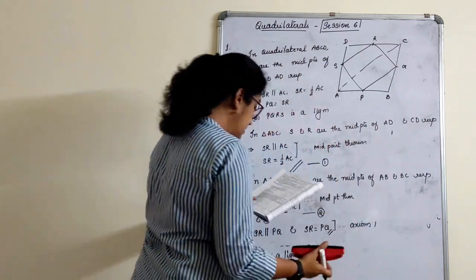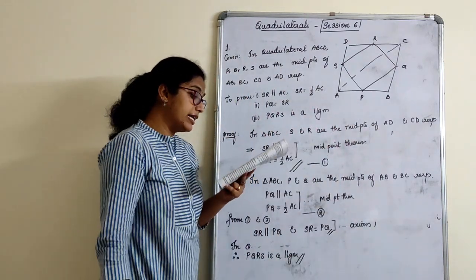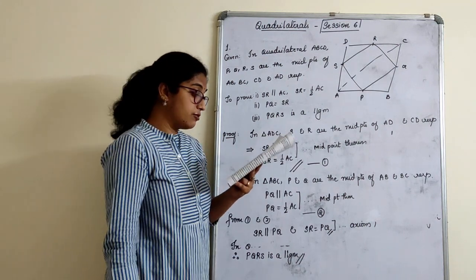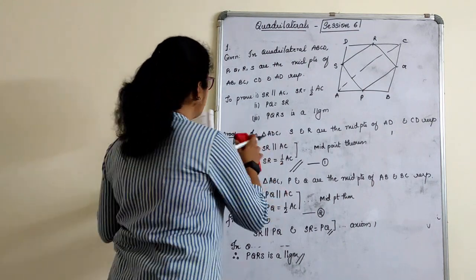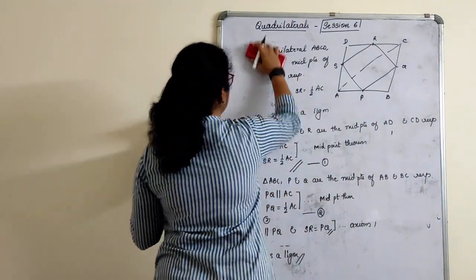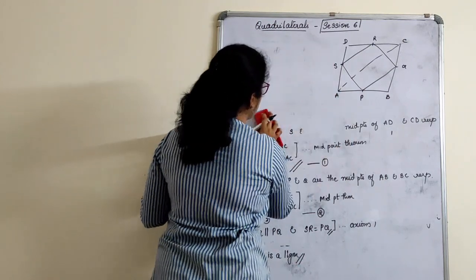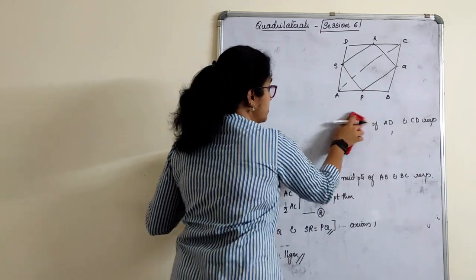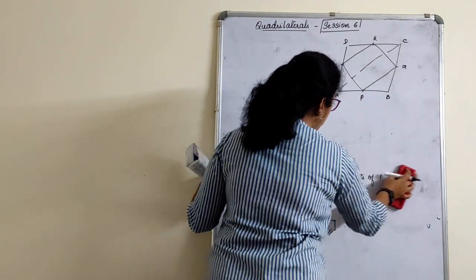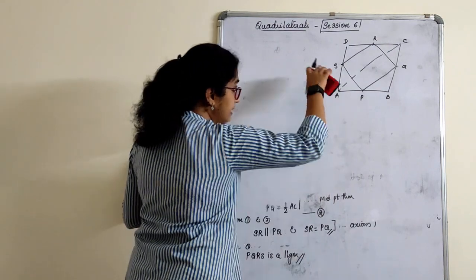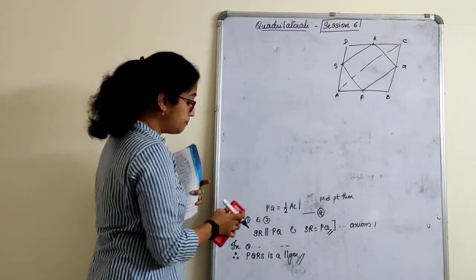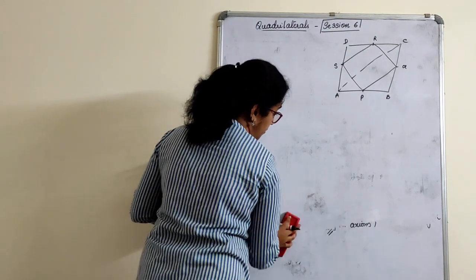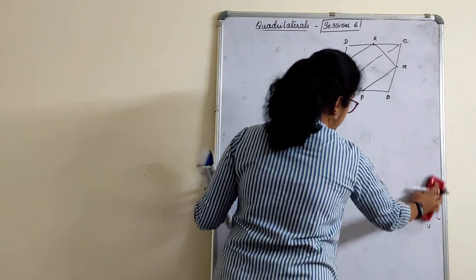ABCD is a rhombus. P, Q, R and S are the midpoints of the sides. Show that PQRS is a rectangle. So let's start with the next one now. Again, like in the previous one, in a similar way. But first of all, for all these problems we need to prove that the inner quadrilateral formed from the midpoints of the given quadrilateral is a parallelogram. After that it will be simple.